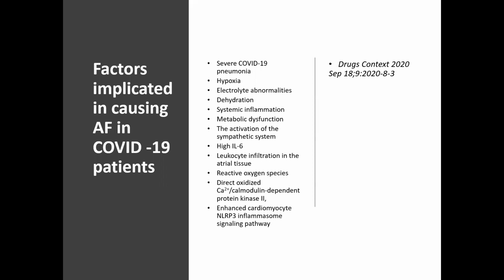Metabolic dysfunction, activation of the sympathetic system, high interleukin 6, once again telling us about the status of inflammation, leukocyte infiltration in arterial tissue, reactive oxygen species. These are the factors which are associated with inflammation, and wherever there is systemic acute inflammation out of proportion, there are chances that the patient may develop atrial fibrillation